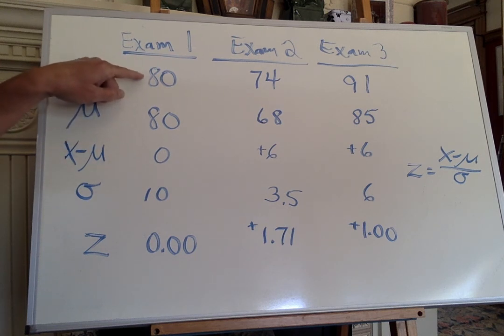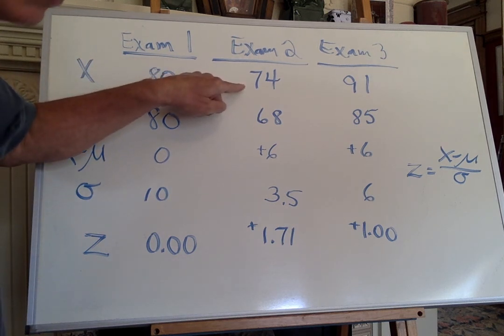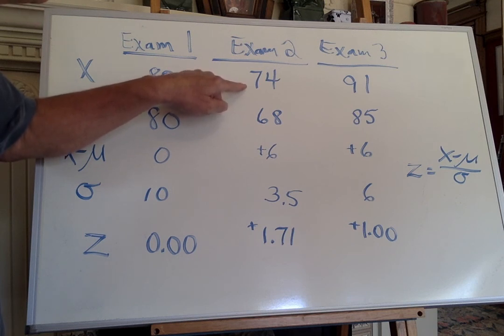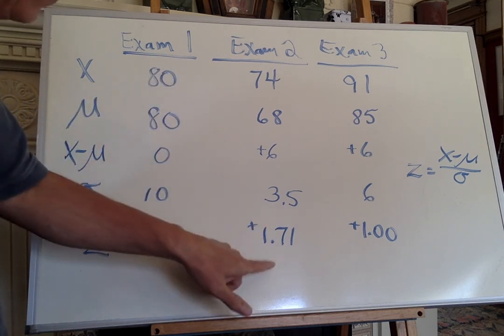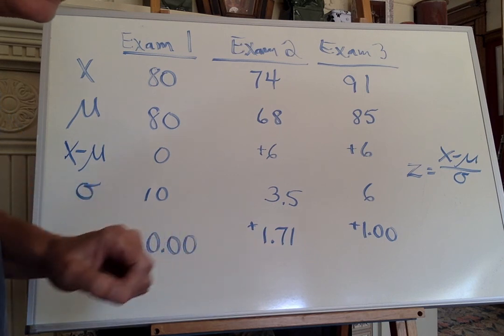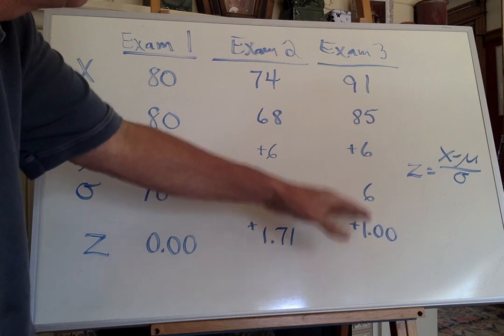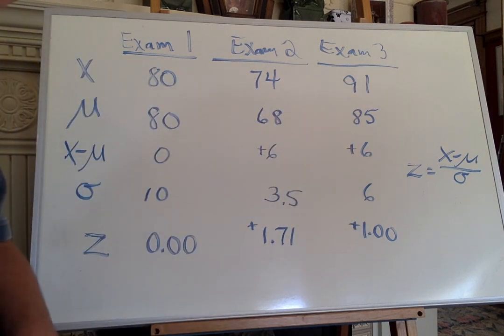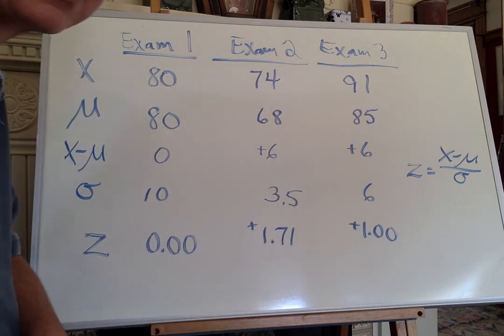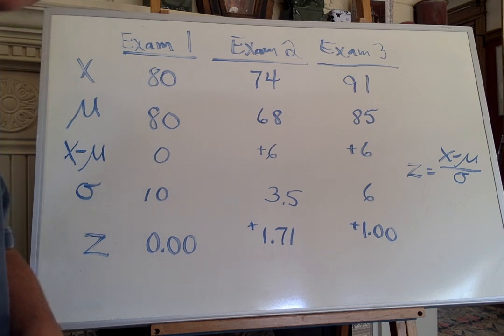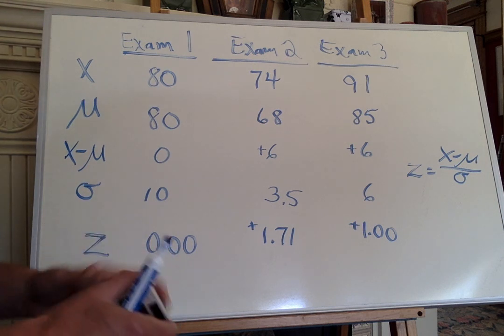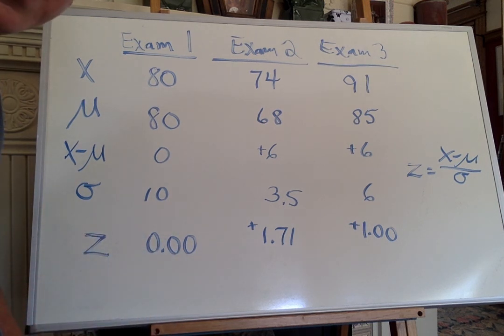You should get a C. Here, and we'll get to this in a little bit, you should probably get an A. That's a very high z-score. At least a B, okay? And here, no more than a B. No more than a B, that's for sure, okay? So that's how this works. We're going to use z-scores to evaluate performance. And I'm going to stop there